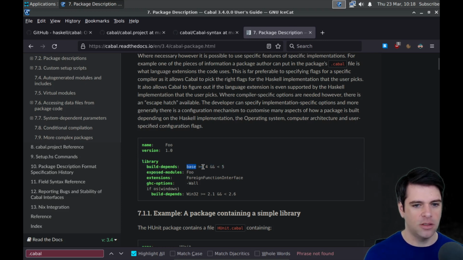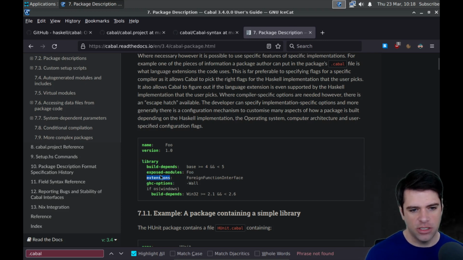So I guess the build depends on this dependency base, and base has to be greater than or equal to 4, and, I guess, base is less than 5. And this is, I don't know, I guess you would call it a constraint. Okay, so we're going to have constraints. I'm not sure if this is YAML. This is certainly YAML-like.